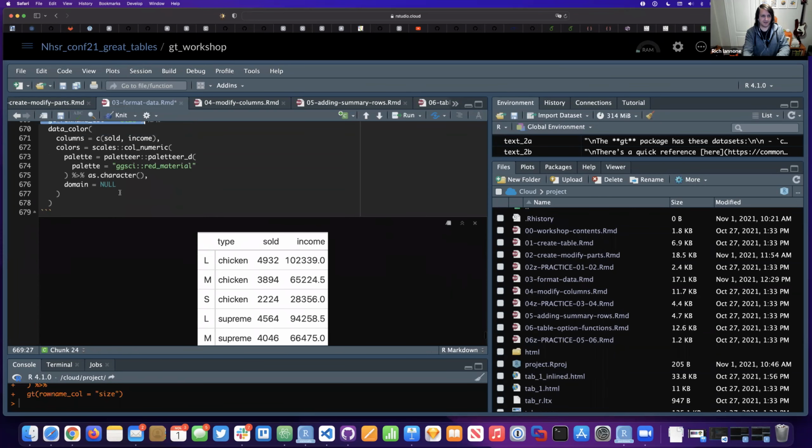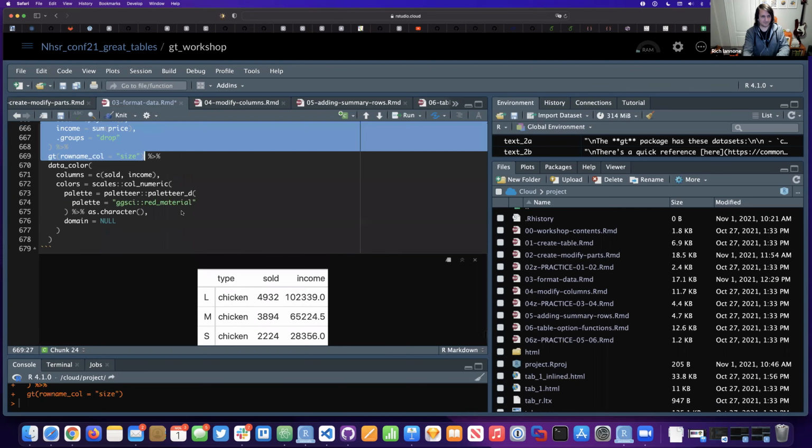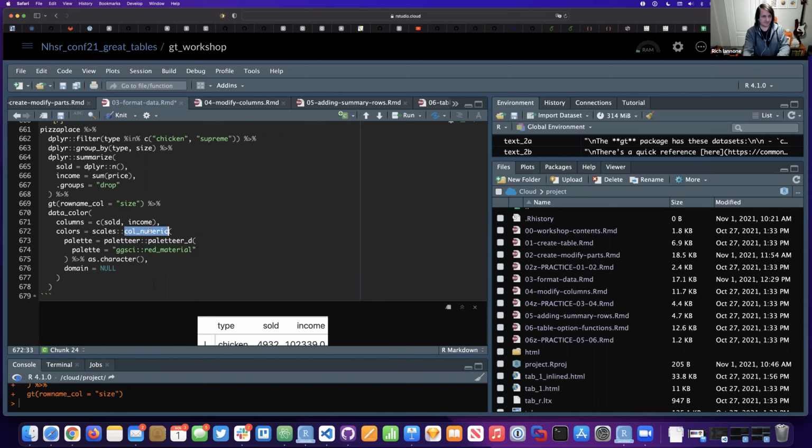Like the domain in this case will be null, which means that for each of these columns, the domain will be the range of data. So it'll be the min and max of each column. Okay. A more complicated thing here is that instead of using col_numeric again, we're going to specify a palette that's available in this paletteer package. Okay, if we were just to run this little bit of code here,